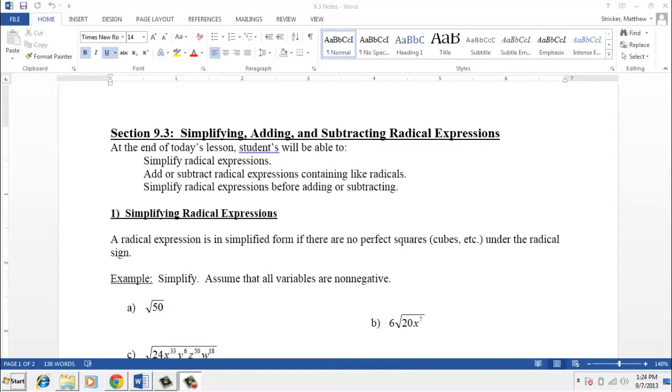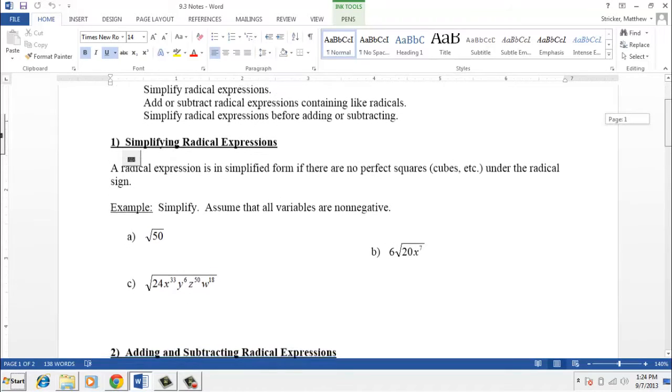Hi, this video covers section 9.3 from your text and really covers two concepts. The first one is how to simplify radical expressions, and the second one is how do we add and subtract radical expressions. So the first concept, simplifying radical expressions, is a really important concept that you're going to need to know moving forward,